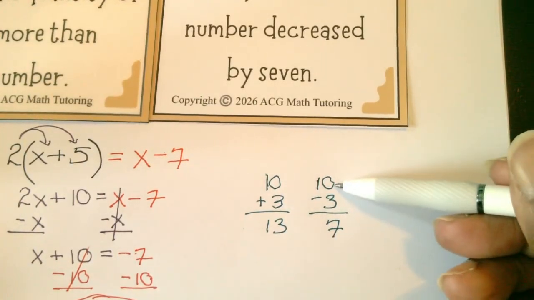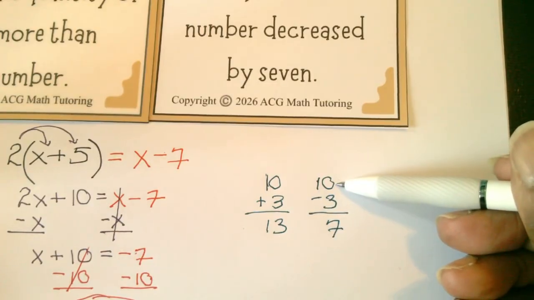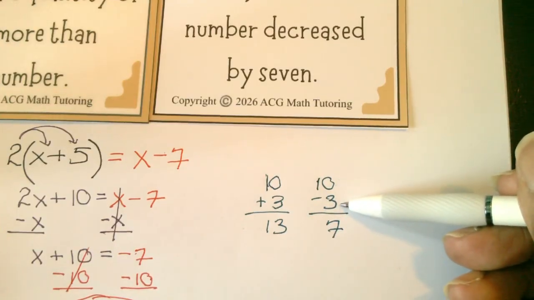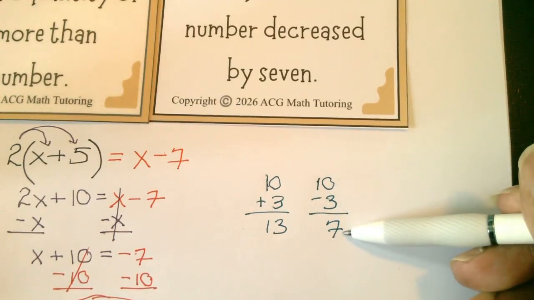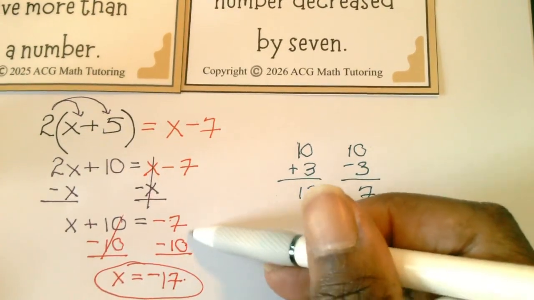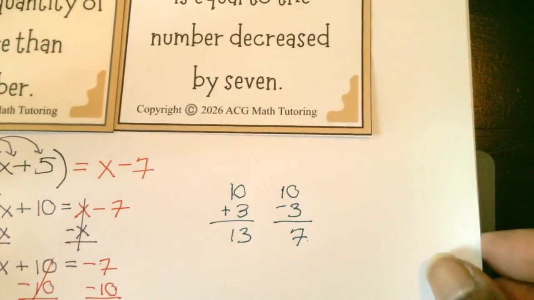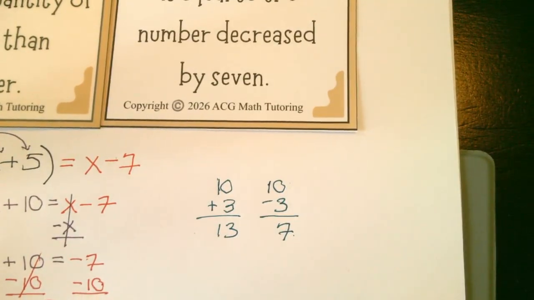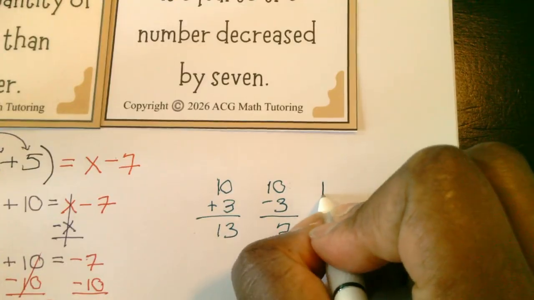So positive number, the largest number is 10. So think of it. I have $10. Then I spent $3. So that means I have $7 left. Yup, think of a bank account. Sadly, yes, this is what's happening right now. But we're working on it. School's going to start soon. All right, so if I said this,